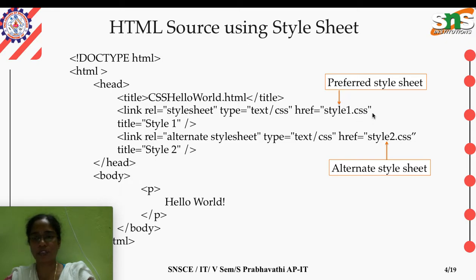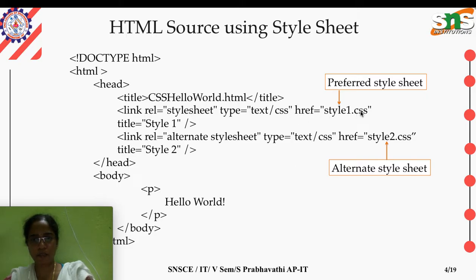Our style sheet. We will be writing code and styling the HTML document in a separate file, and we will be saving it with the name file.css. The extension of that CSS file is .css, not .html. This file is saved with .html, whereas a style sheet, please remember, will be saved with the file name as .css. And we have two style sheets.